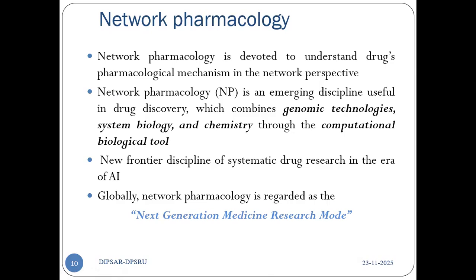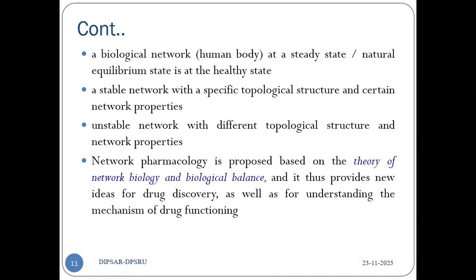Network pharmacology is an emerging discipline useful in drug discovery, and it combines genomic technology, systems biology, and chemistry through high performance computational tools. It is a new frontier discipline of systematic drug research in the era of AI, and year by year you will get various analytical tools in this field. It is globally regarded as a next generation medicine research mode. Now, if we talk about biological networks, the human body at the steady state, at natural equilibrium,